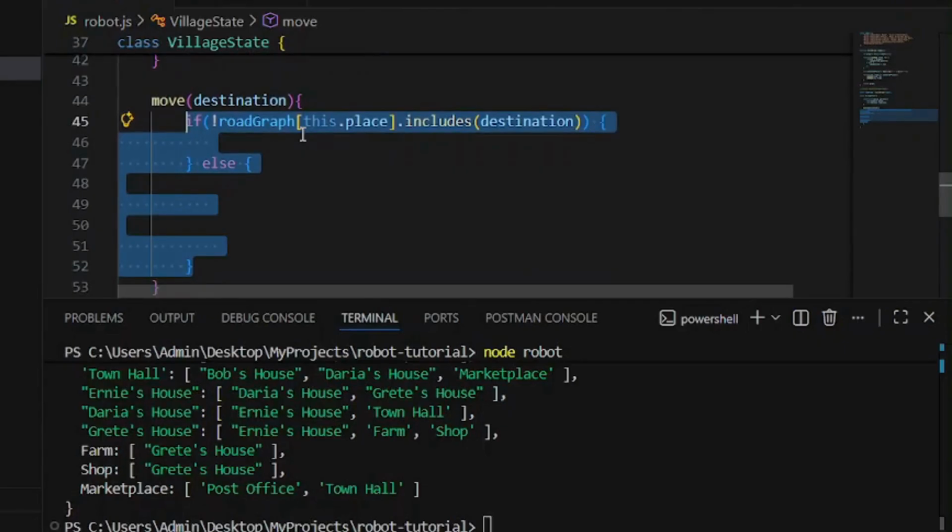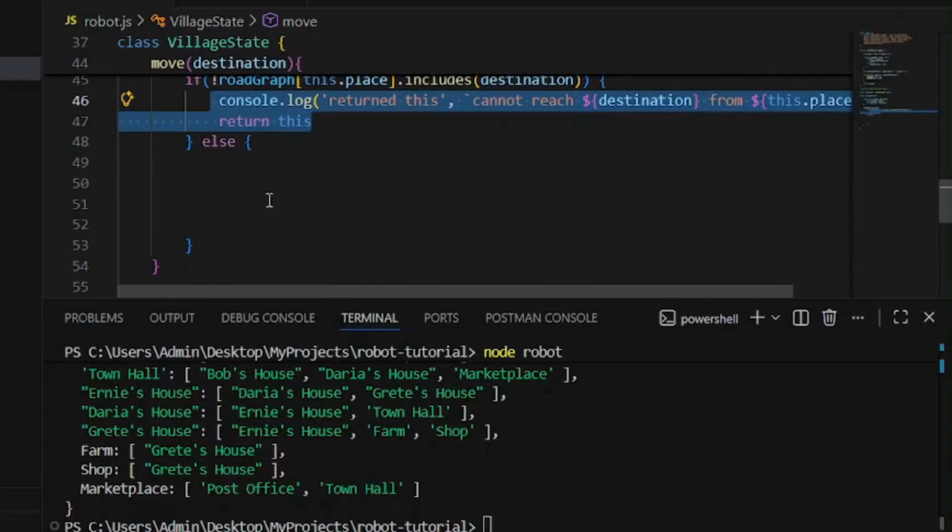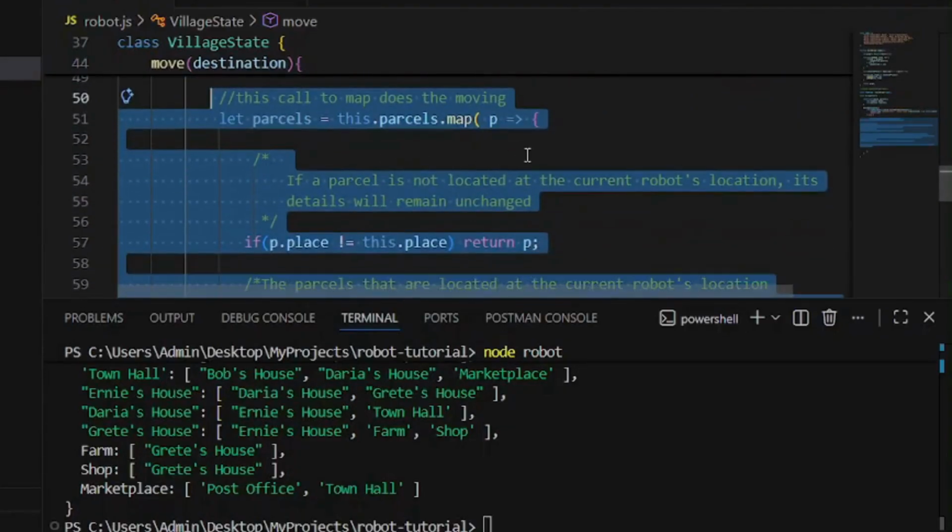We will check, when we are moving, whether from the place where the robot is it is possible to reach the destination, and if it's not possible, we are going to return the same state, which is this variable which represents our class state, and we will also log out this message, cannot reach the destination from this place. And then if it is possible to reach the destination, we are going to be mapping the parcels that we have,